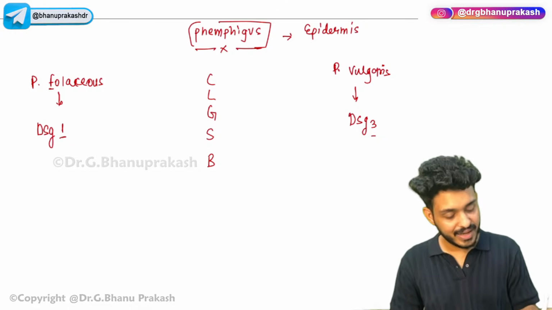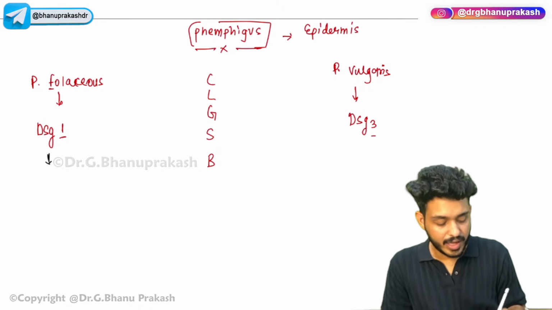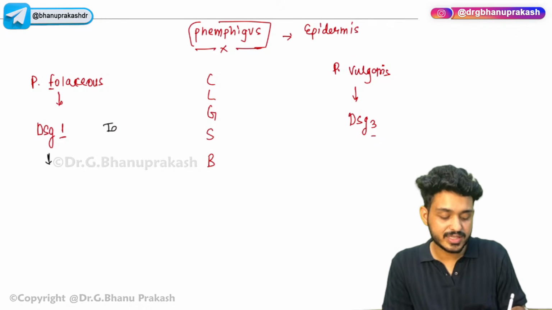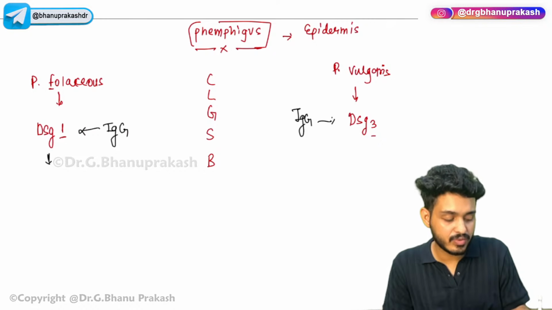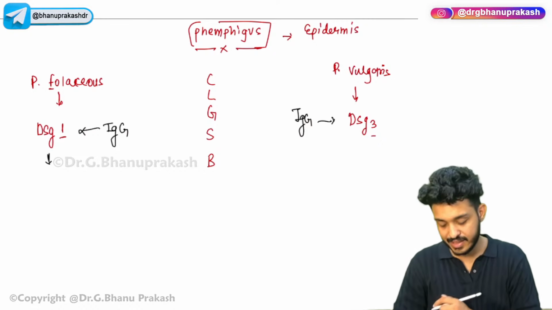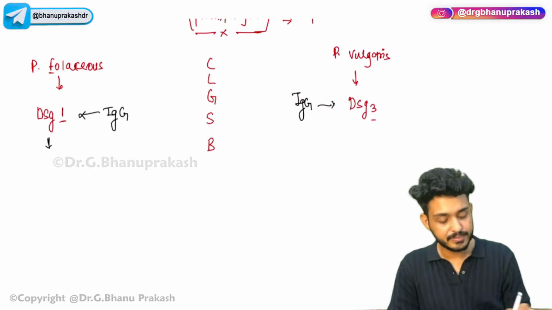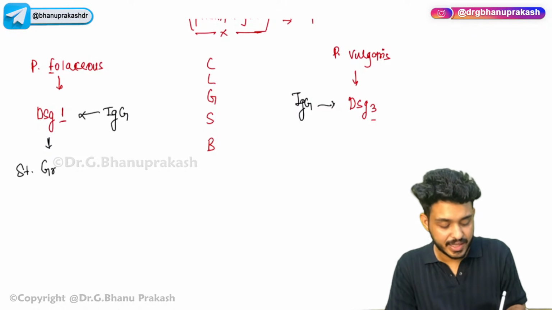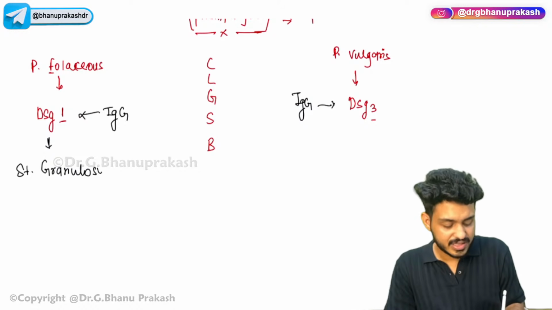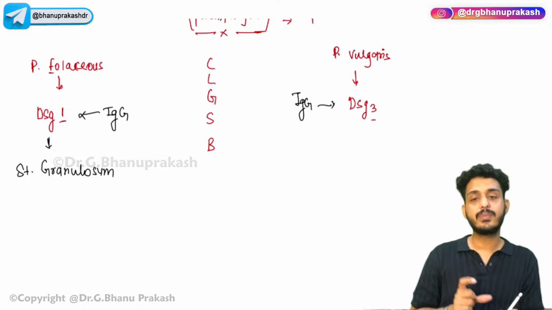Okay, so we are having desmoglein 1 antibodies; IgG antibodies are formed against desmoglein 1. Here also IgG antibodies are formed against desmoglein 3. Clear till now? Now what will happen? There will be a lesion in which layer? The lesion will be in the stratum granulosum, and this is the most important thing you have to remember from this